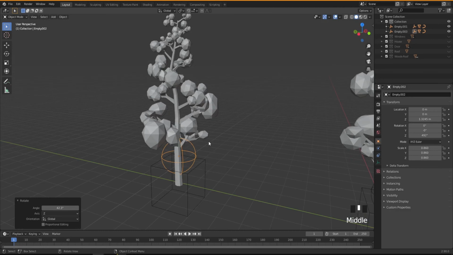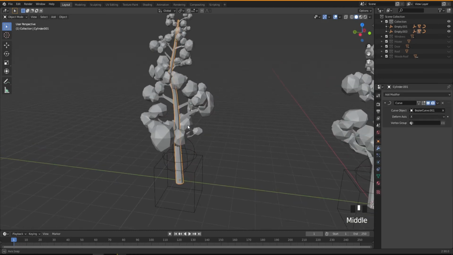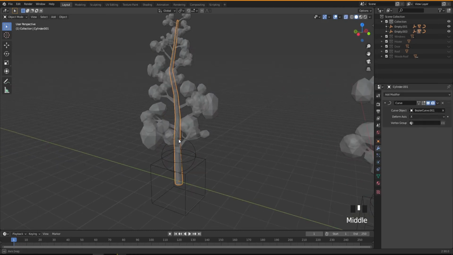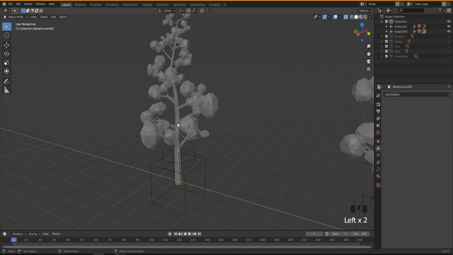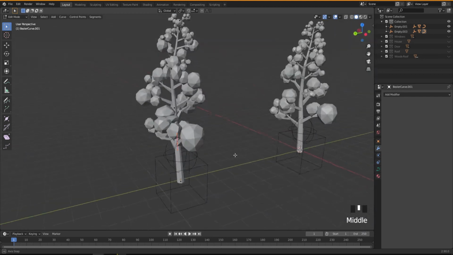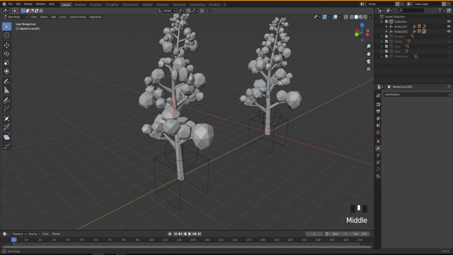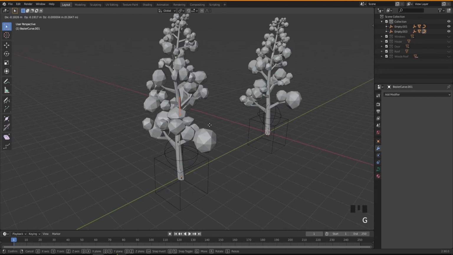If you want to bend the chi in different ways, you just select your curve, go into edit mode, and then select these points and move them around.